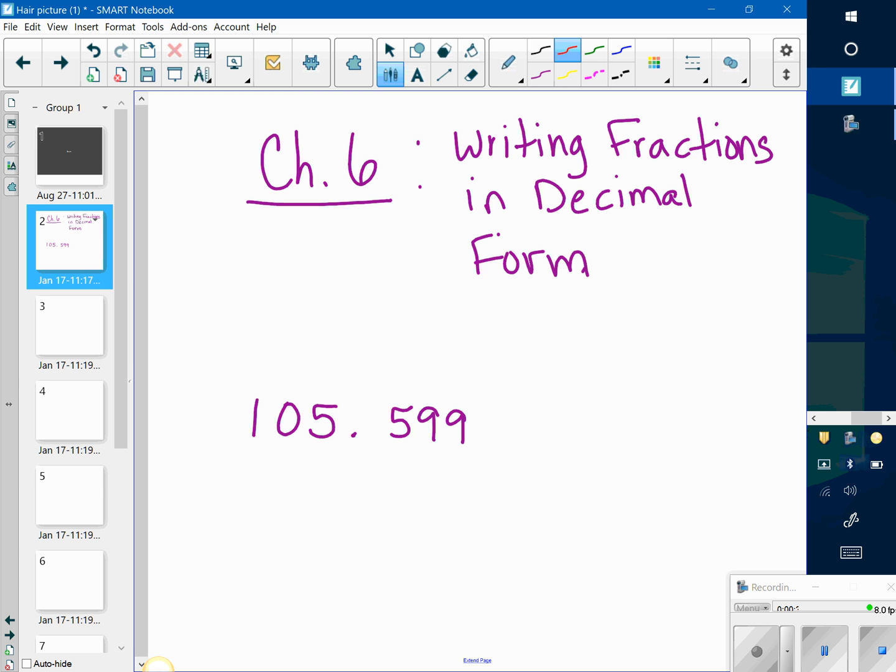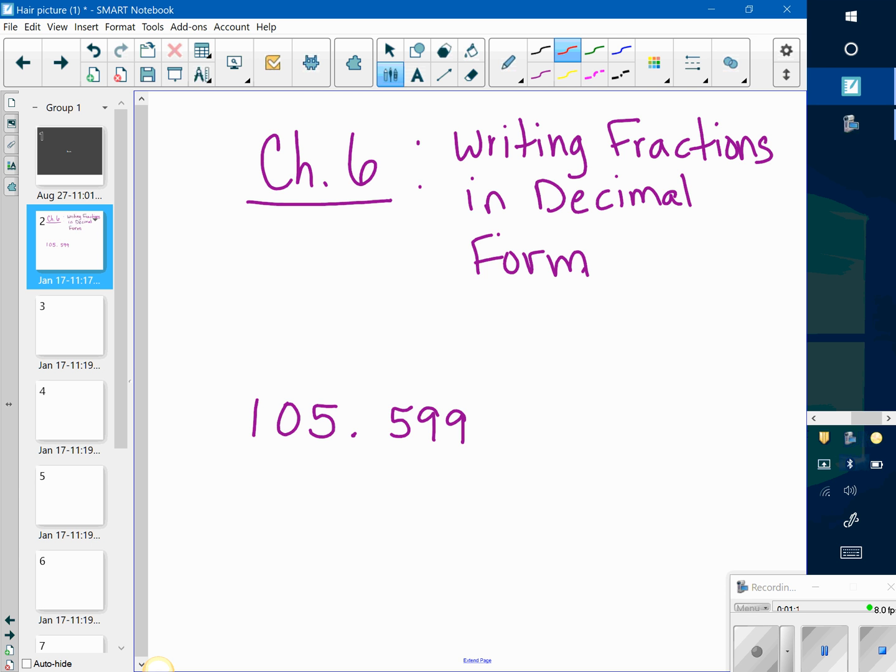Okay, if you look at this number here, 105.599, you read the decimal number as 105 and 599 thousandths. The TH at the end of a word means a fraction part, so it's going to be behind the decimal, or a part to the right of the decimal point. So you can also read this number as